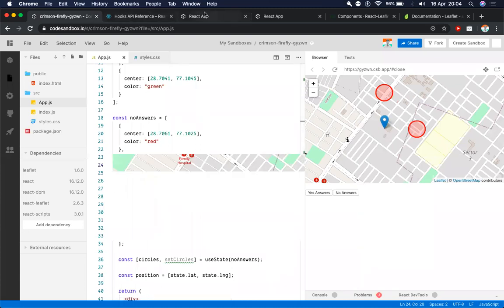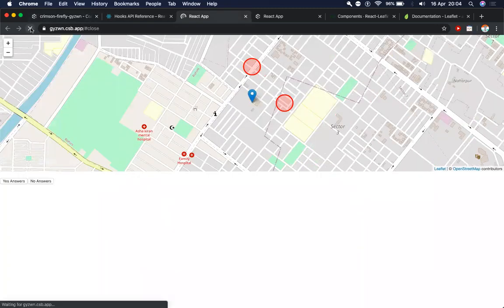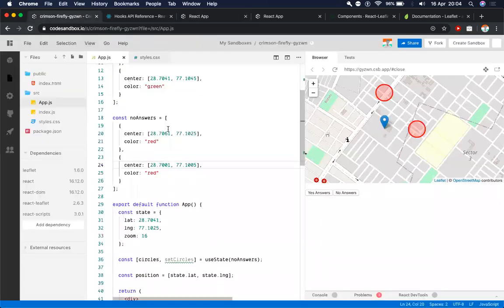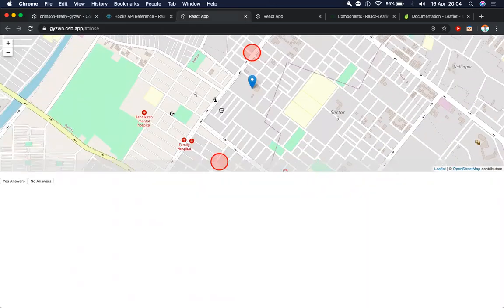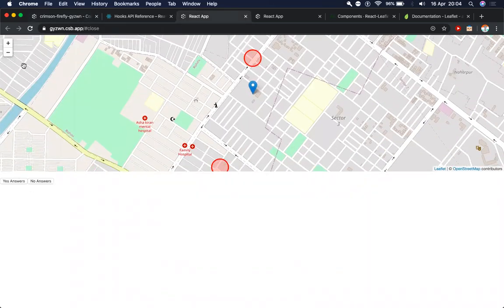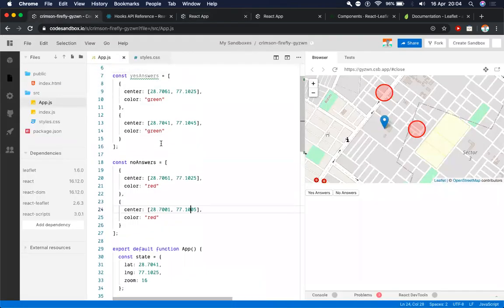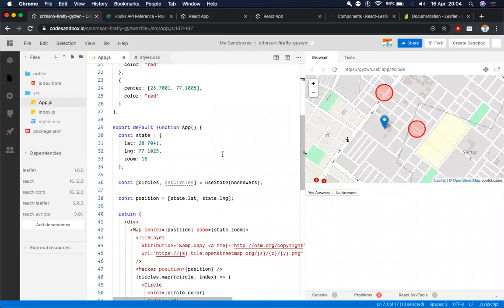Let me just check it over here. Okay, so yeah, that was the issue. It wasn't live reloading. So we see over here that the other circle has moved to the other point. So what we'll do for now is we'll pass yes answers as the default value here.